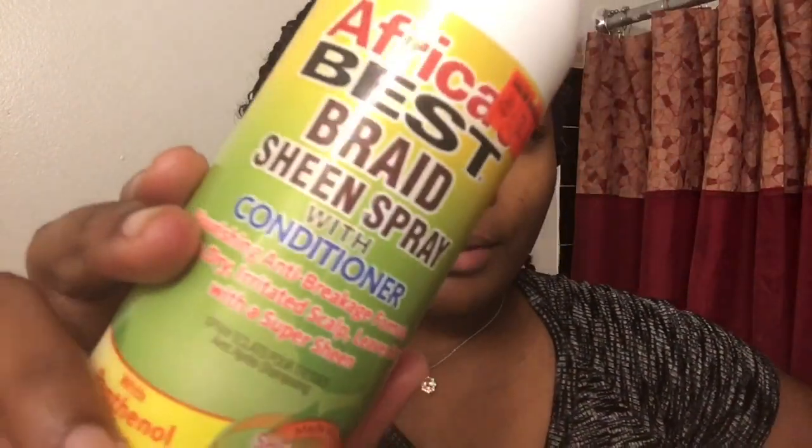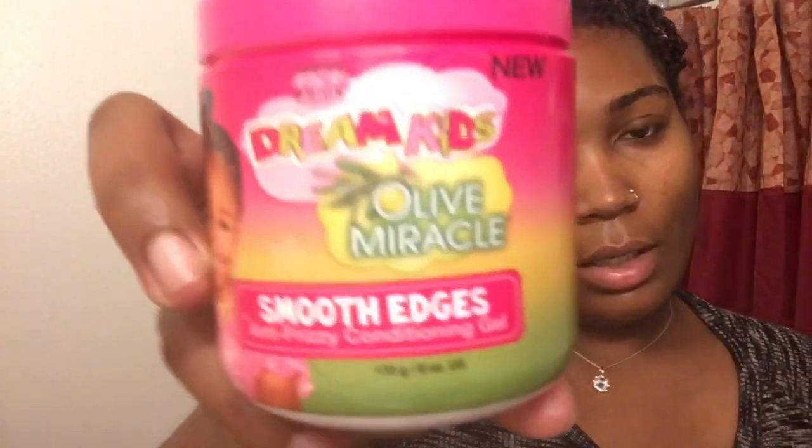So I was gonna show you my nighttime routine. I have this African Best Sheen Spray with conditioner. I'm gonna take this Smooth Edges and just